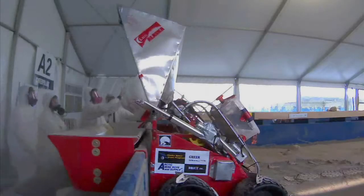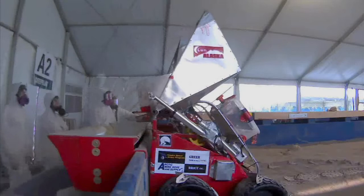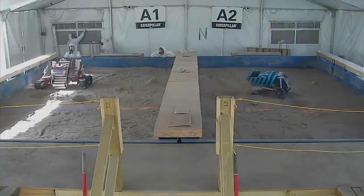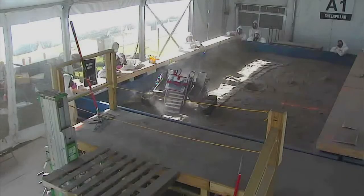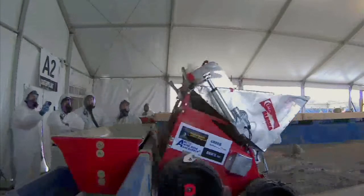Well, speaking of sensors, the University of Alaska Fairbanks could have used some sensors to find their way to the bin. The University of Alaska Fairbanks, their excavator is pretty unique, but I don't believe they're going to get any points for not kicking up dust. Well, I'm very interested to see this because...